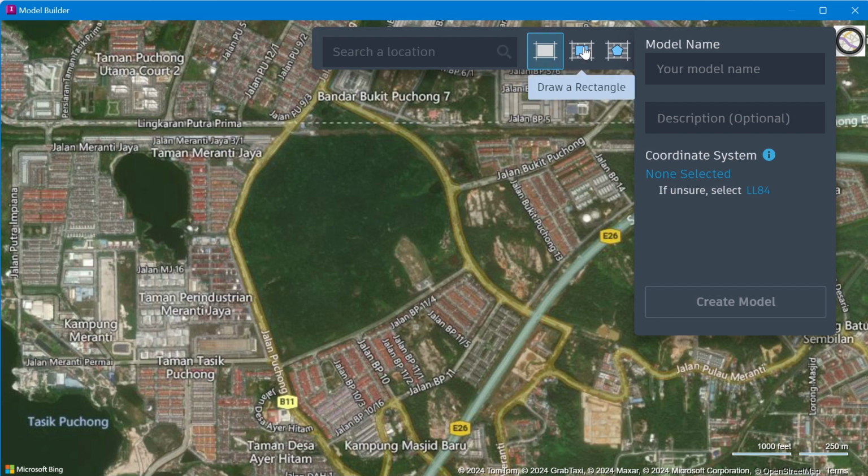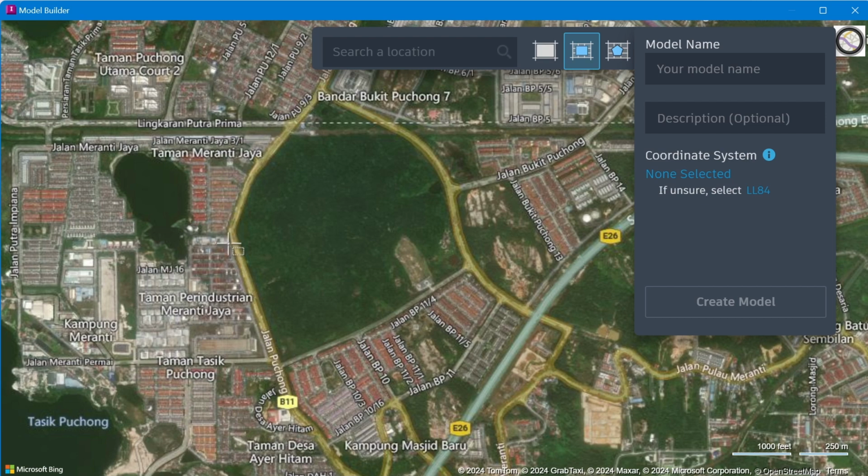Let me select using the rectangular. The bigger the area you select, the longer it takes, because model builder creates the model in the cloud.